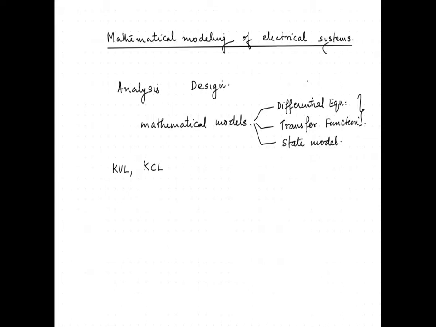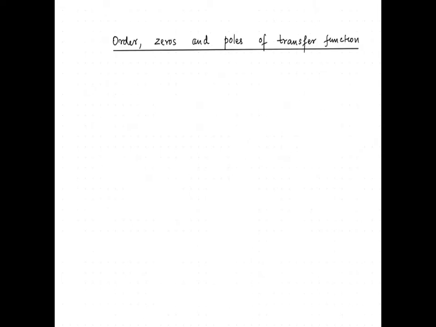Most of the systems occurring in nature are non-linear. Hence, in order to ease the study, we linearize the system. The linearization is done in a specified operating region. Hence, it is very important to keep in mind that a linear mathematical model is not the exact replica of the actual system. A few points regarding the transfer function.